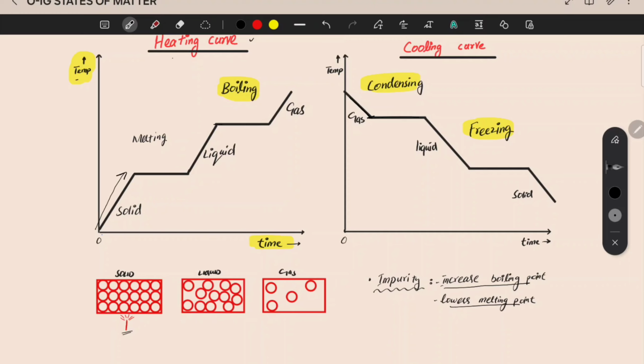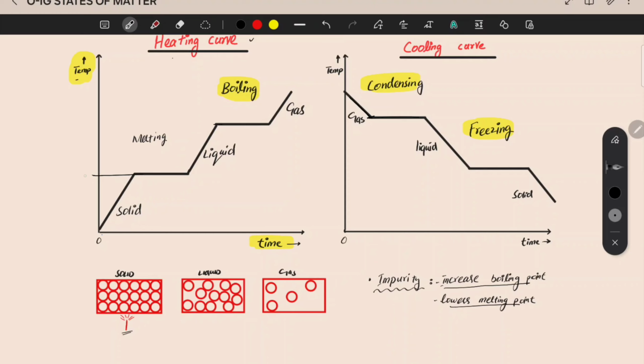And if the temperature is rising, definitely the kinetic energy of the particles is increasing, and they are trying to move apart. As their kinetic energy increases, particles will move faster and vibrate faster, and at one point their vibration and their energy will be so high that they will move apart and convert into the liquid state. So at that point, initially you're raising the temperature by providing heat, but at one point the temperature